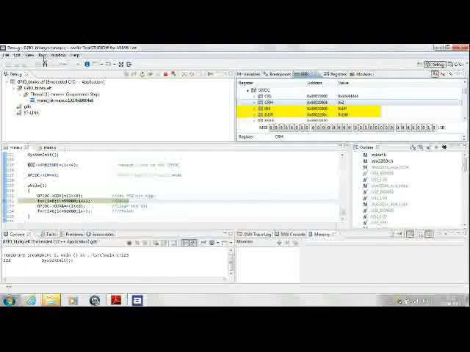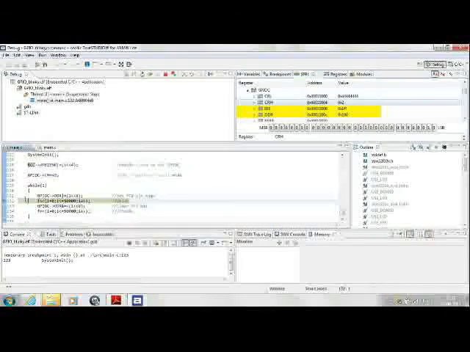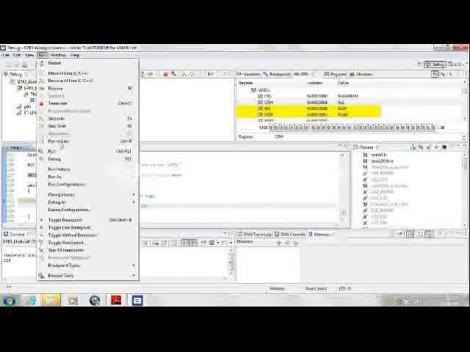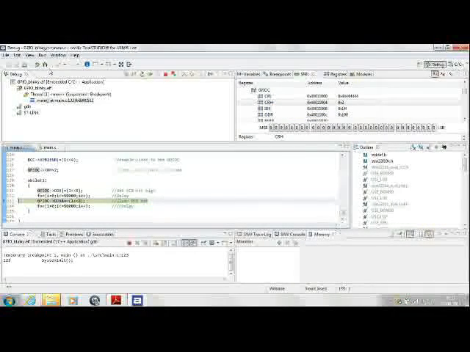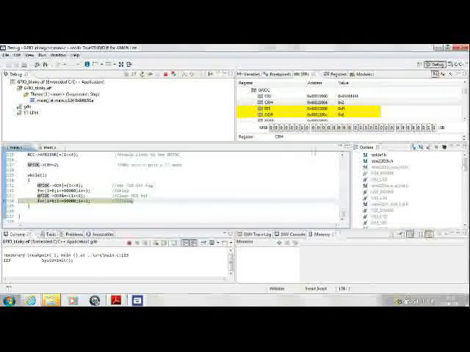Then there is a delay. I don't want to execute that, so I'll just click on the line next to it and say run to line. If you just step into again with function F5, your LED will now be closed and another delay will be present. Hence we can see that the yellow markers in this window show the values that get updated.